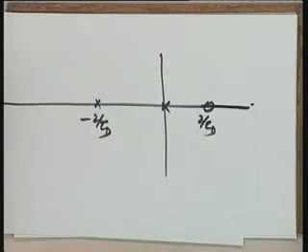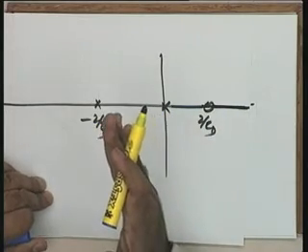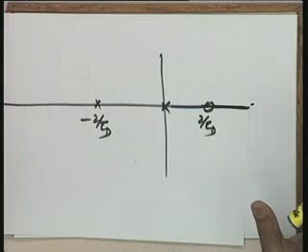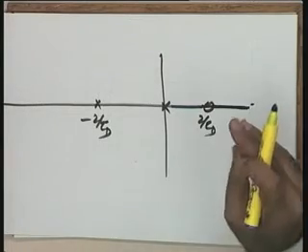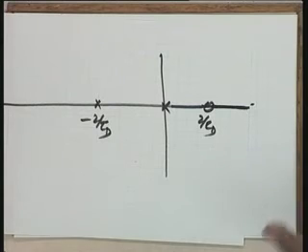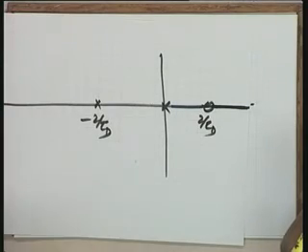Apply the rule. No, as per the previous formula. Please see, 2q plus 1 changes to 2q, but now because of the negative sign, you apply the angle criterion, you will find that all those segments which have an even number of poles and zeros to the right are the branches on the root locus. These are the only changes you are going to make. One, this real axis segment search, and the other, in all the rules 2q plus 1 is replaced by 2q. There is no other change. All the rules will exactly remain the same, but for these two changes.